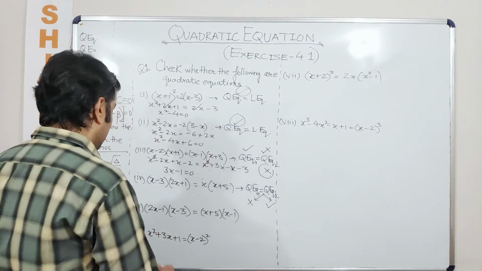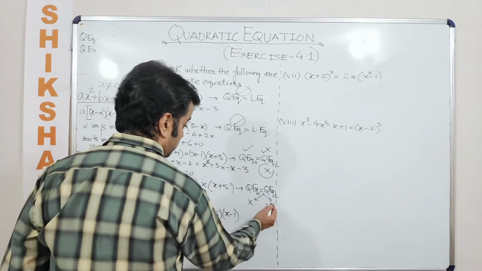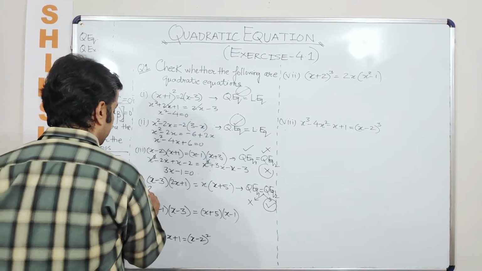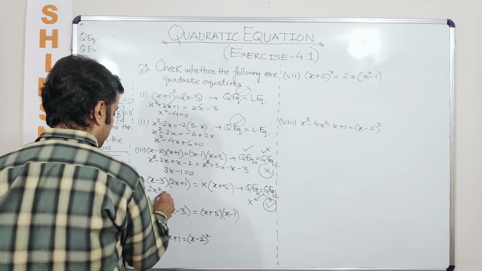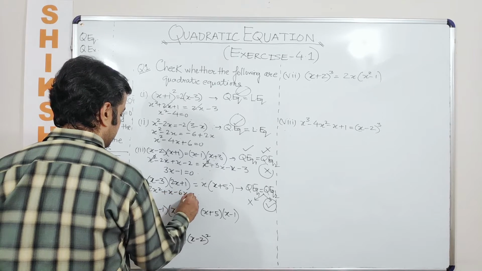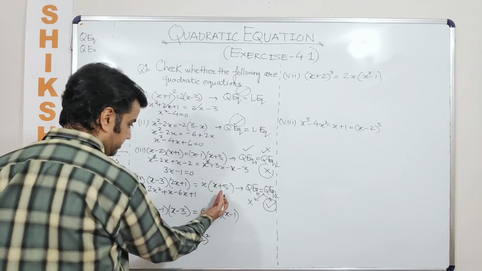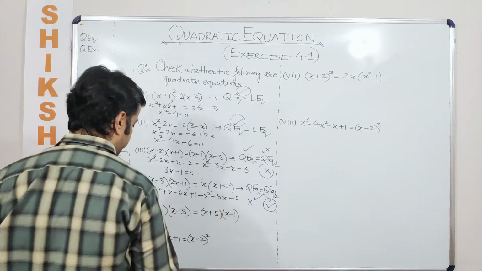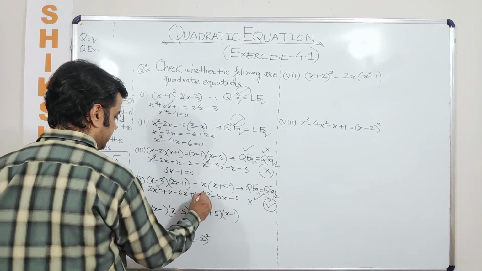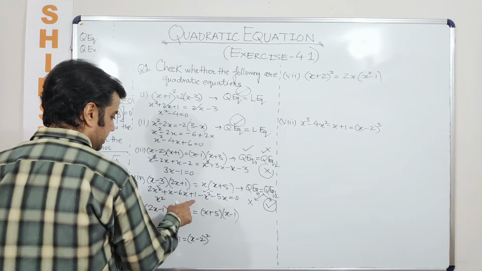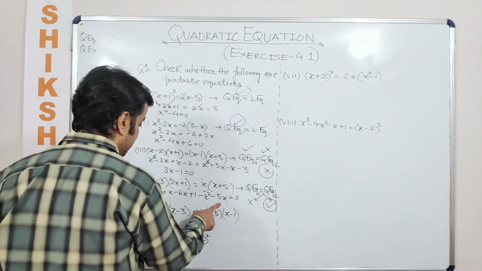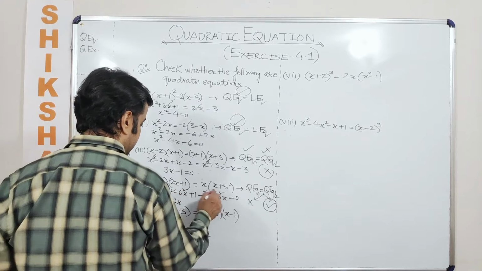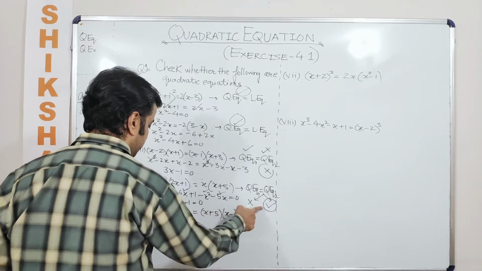Let us check. Are the coefficients of x square equal on both the sides? No. So definitely you can say it is going to be a quadratic equation. Now let us justify. So can I write this as 2x square plus x minus 6x plus 1, and now to save my steps, minus x square minus 5x equated to 0. So 2x square minus x square is x square, minus 6x minus 5x is minus 11x, plus x is minus 10x. Have we used all the coefficients of x? Yes. Plus 1. Is it a quadratic equation? Yes.